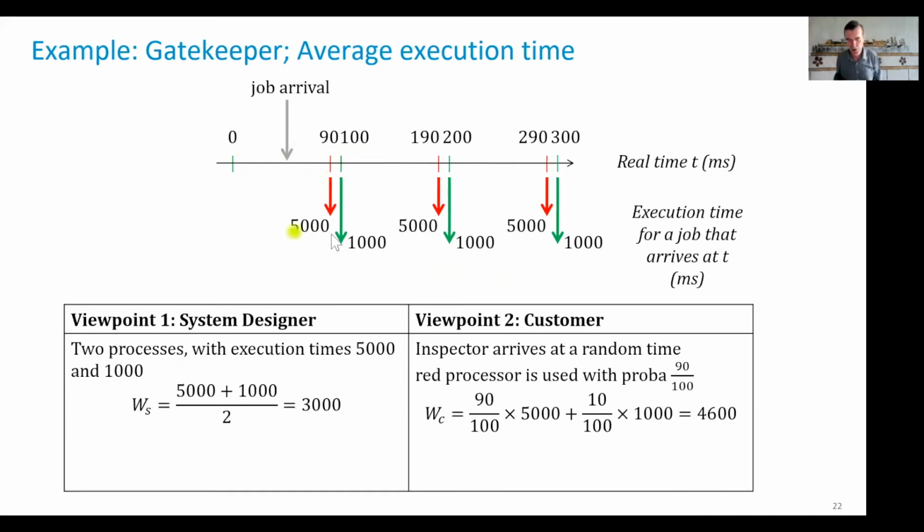Also assume that those different servers are becoming available at the times that are shown here. This is an extremely simple case that is too simple to be true, but roughly speaking, such things do happen. So we see that the red server becomes available periodically, but the red becomes first, then immediately after the green, then you need to wait a longer period, and then the red, then the green, etc.